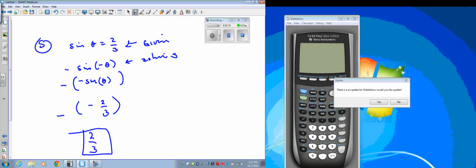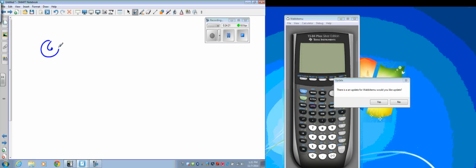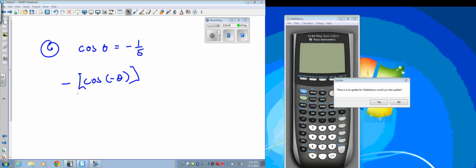Okay, number 6. It's given you cosine theta is a negative 1/5. Now it wants a minus the cosine of a negative theta. So this technically has to be in a bracket because it's saying take the cosine of a negative theta and take the opposite of that. Well, the cosine of a negative theta